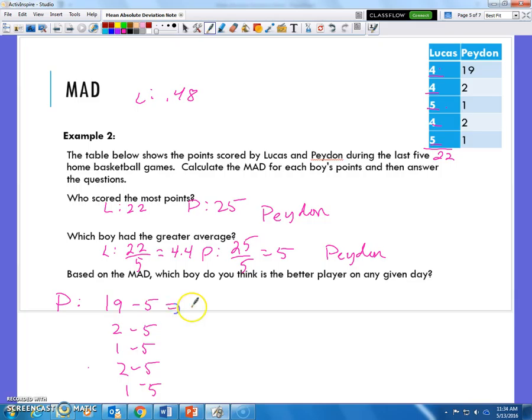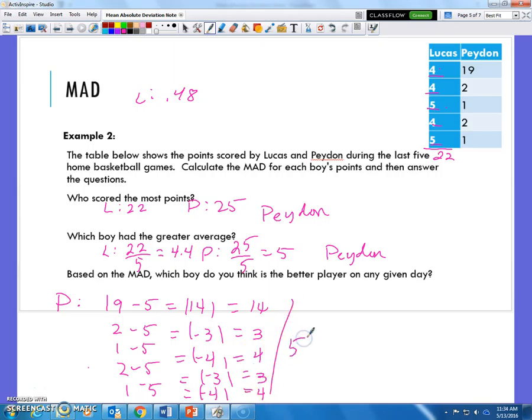Take the absolute value of that, which represents the distance. And I see we got 14, 3, 4, 3, and 4. I'm going to add those together and divide by 5. Looks like his MAD